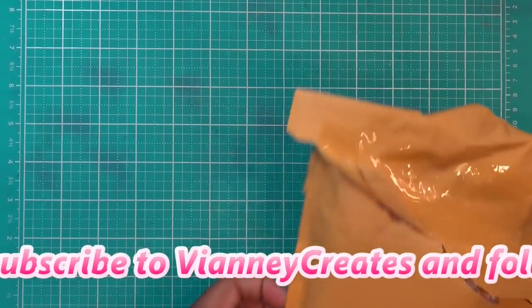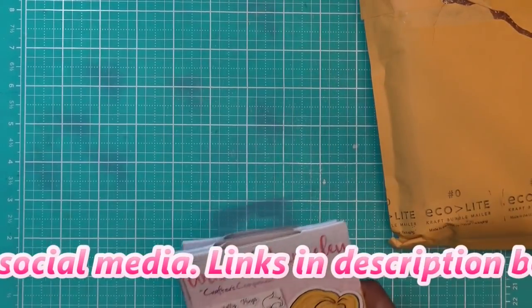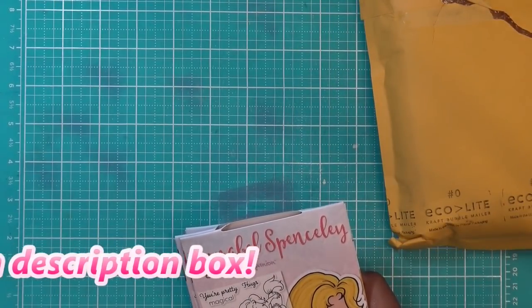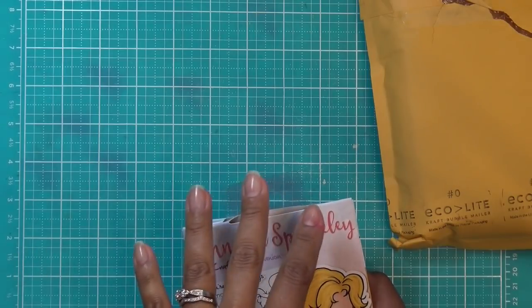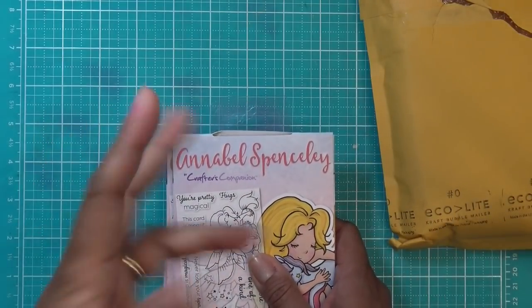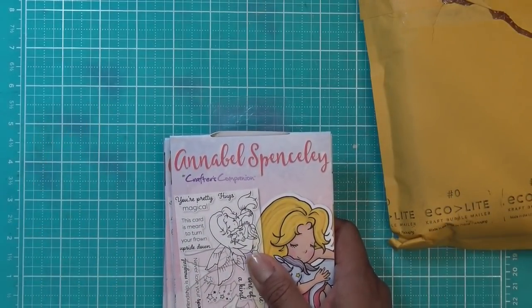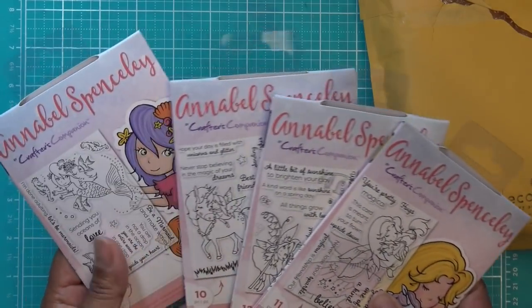And I went on to Crafter's Companion and I told you guys I'm not going to place any more orders until everything comes in fine from the last. I think I'm waiting on two orders and then one makeup order that's like a whole box that just didn't come in. And then a couple things that are missing, right, that they're supposed to send. But I had picked these up on HSN, little Annabel Spenceley